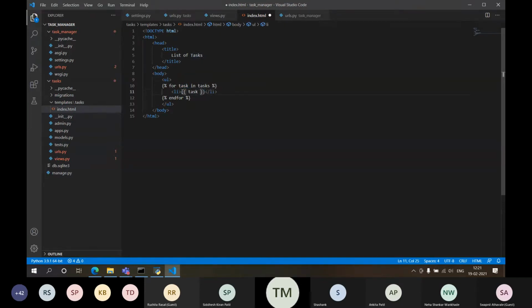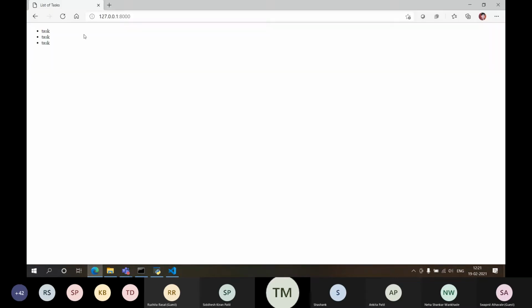So to refer to that particular task, double curly bracket is used. Like last time, we displayed welcome Chetan, welcome Swapnil. In that case, we used this double curly bracket, and there we put the name of the variable which was returned to us in the form of context. Now, if I refresh this particular page, it should show me take lecture at 10 a.m., schedule an exam, complete the project assigned. Right? So this is how you can display the list of objects.